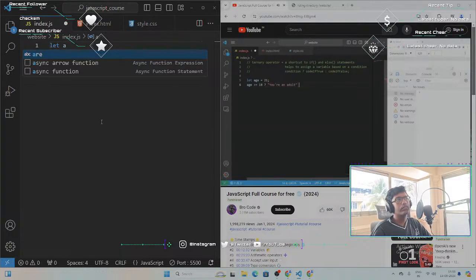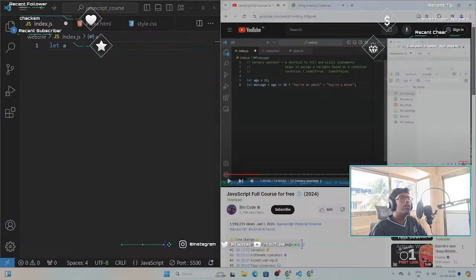Then what if the condition is false? I'll add a colon. Then I will execute this code if the condition is false. You're a minor. This is helpful if you need to assign a variable based on a condition. So I'll create a new variable, let message equals,